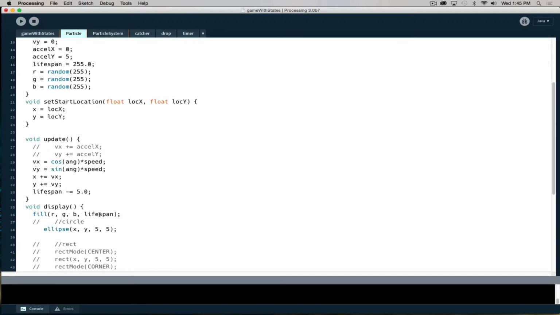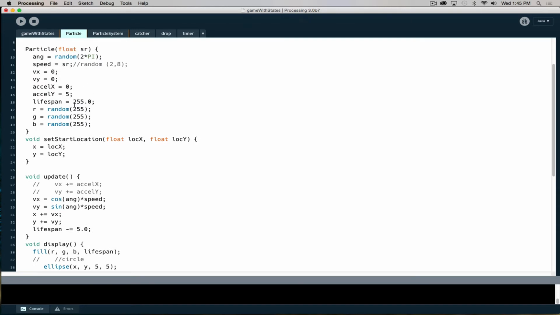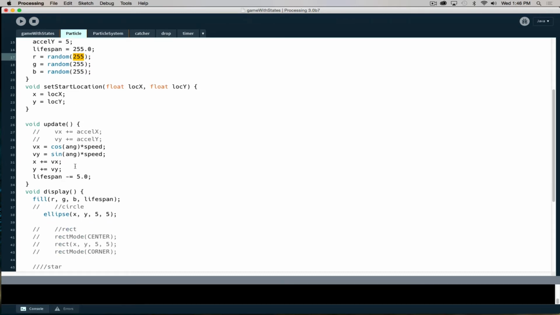Now lifespan on the particles changes when they're updating. So they start out with a lifespan of 255. Now you may notice that their lifespan corresponds perfectly to, oh look, 255 is what we use for colors. So if we're using that, that also means we could be using 255 for alpha. And if we look at the fill color we're using for each particle, RGB, we're using their current lifespan at 255 as an alpha value. Each time they update, it goes down,